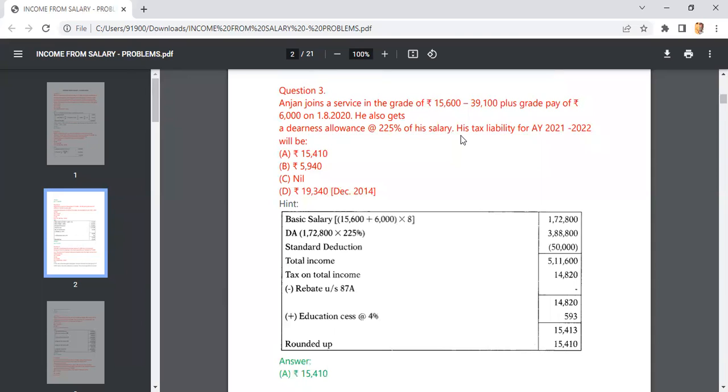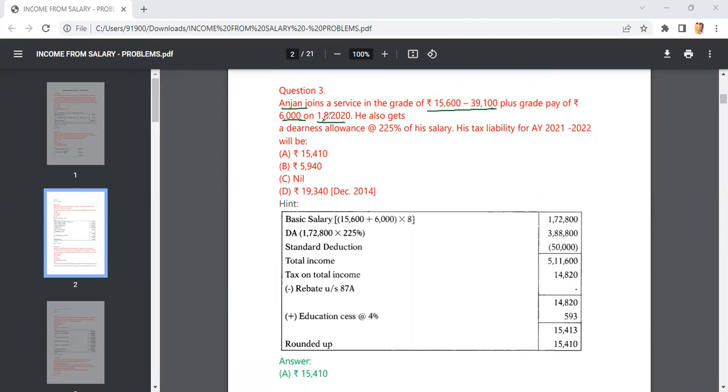So here is our next question. The next question tells about the person called Anjan. So Anjan is a person who is just joining the service in one of the grades of 15,600 to 39,100 plus grade pay rupees 6,000 on